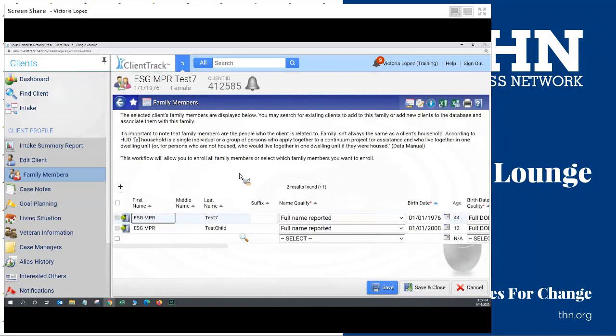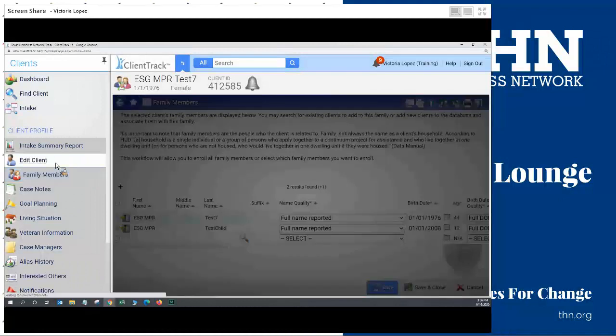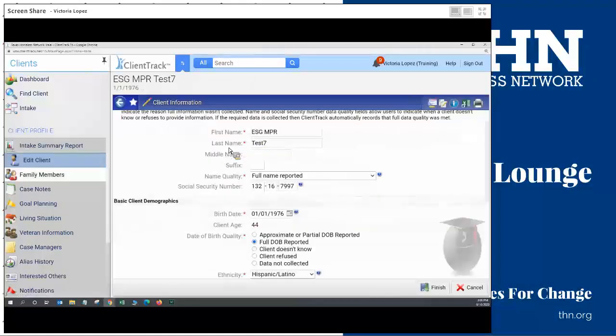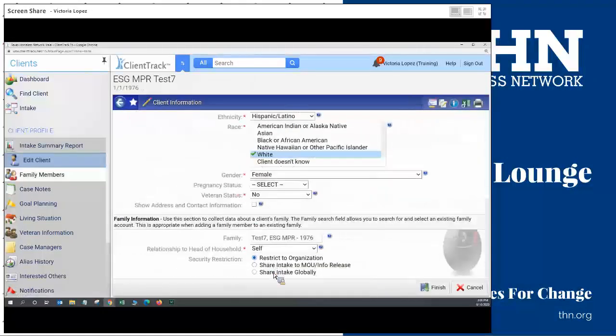One final thing that I want to talk about before I hand things off to Antonio, especially in situations where the client indicates that they want to change their sharing status, you may find yourself in a pickle if you were not the agency that originally created the client record. If that's the case, you may find that you do not have access to this restriction status. It may be grayed out, or you may not even see it.